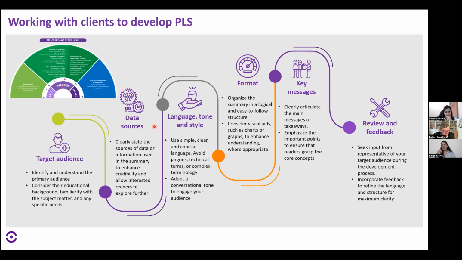So Shweta just now described the various types of PLSs. If you're writing a small text summary PLS, obviously this goes with your manuscript. With your manuscript, it gets indexed in PubMed. So at that time, your data sources are the same as what it was for your manuscript. So you will have your CSR or any other documents that you were using for developing the manuscript. Those will be your data sources even for your plain language summary.